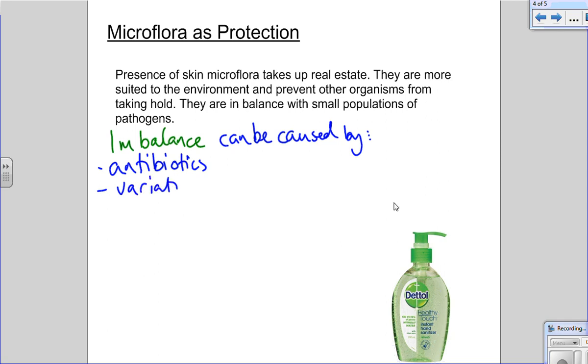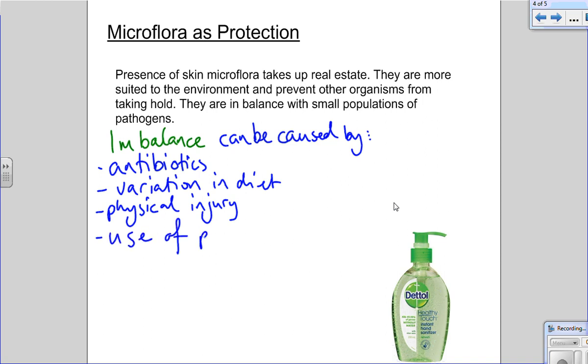Variation in your diet. Physical injury. And use of personal hygiene products. For example,